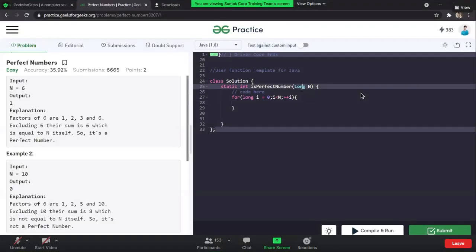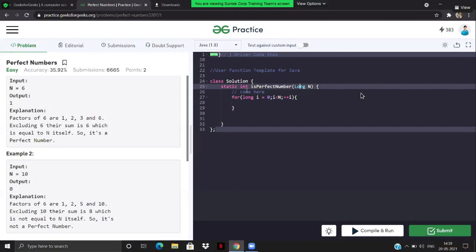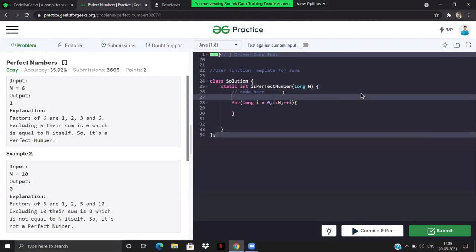Why have I taken a long? The reason behind that is they have given a long n. So the n is going to be a long number, right? And let's say